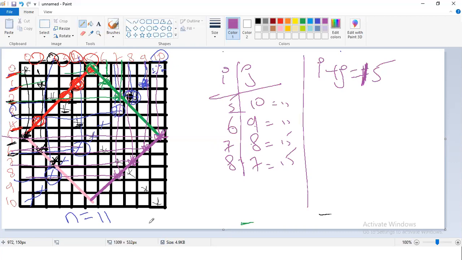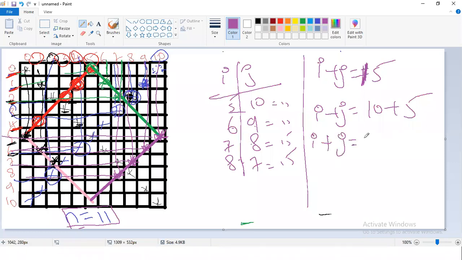Because what is our n value? Our n value is 11. So what we can do is, maybe we can write like this. I plus j equal to 15 can be written as 10 plus 5. Agree? Can I write 15 as 10 plus 5? Yes, right, we can. And now you see, one by one I'll make the changes.